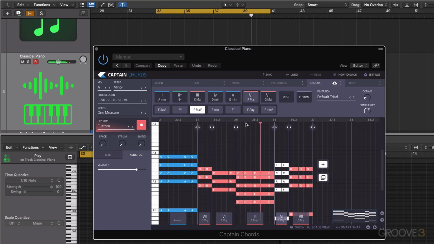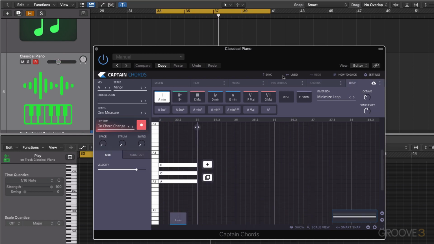Okay, not sure that chord's quite working there. Let's put that back to the standard C major. Okay, it's working well. So let's click on the drop section and try out a different idea. Okay, now something we could try here is actually using our MIDI keyboard to jam out an idea, and then